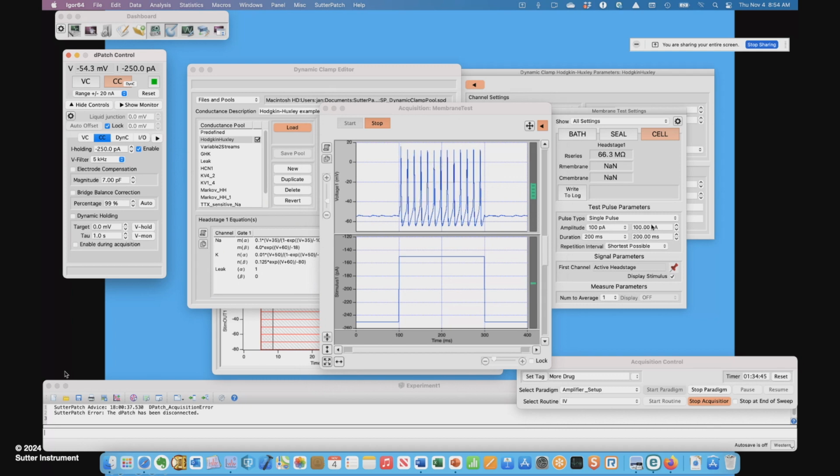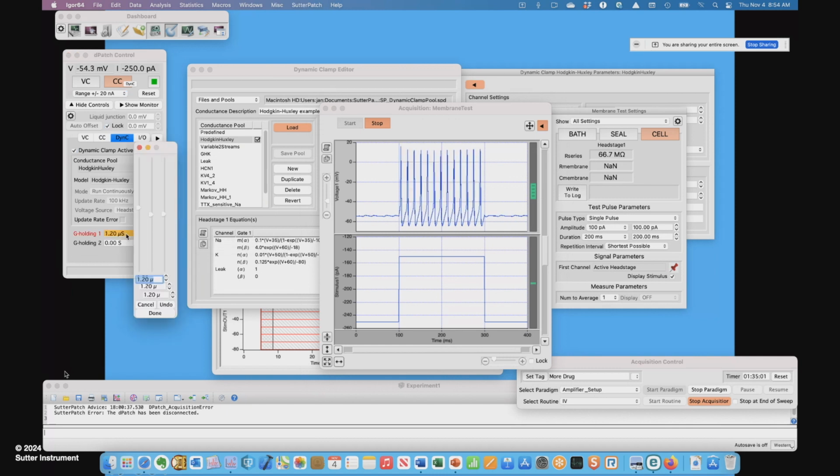Over here is the amplitude. Only during the duty cycle I get action potentials here, and then I can play with the holding conductance. This is 1.2 microsiemens to start, and I can use the triple slider here. That's a control that we have in several instances in the D-patch control panel, where I have three sliders with different sensitivity, and I can reduce the conductance to the point where,